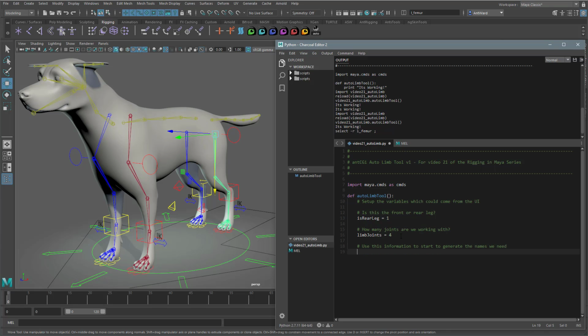What we can do is check which leg we are working on first. I can use a simple if statement to do this. So this will basically check isRearLeg to see if it's set to 1. If it is, it will run the following code. So we can use this to define the limb type. So this is rear. We can also add another print command to make sure it's working. Printing things is a great way to debug the code and make sure the variables are working as they should be. Let's test that now,